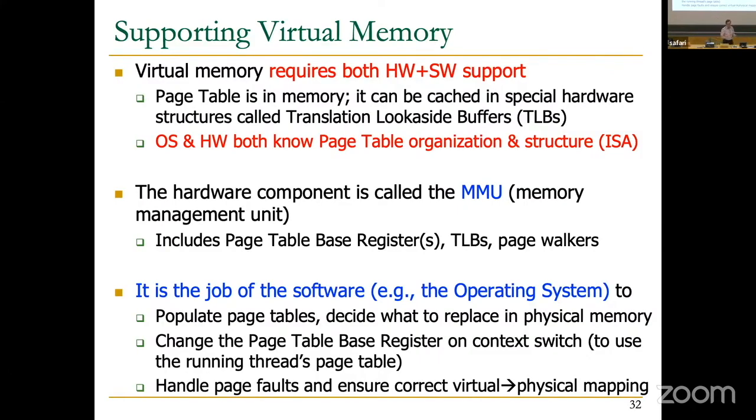And page fault handling is special because it's an exception. It's an exceptional condition. The process gets a page fault. And normally, if you remember the exception lecture, we said that exceptions are handled at the priority of the process. This is not the case here. Here, you escalate privilege so that you can actually handle the exception because